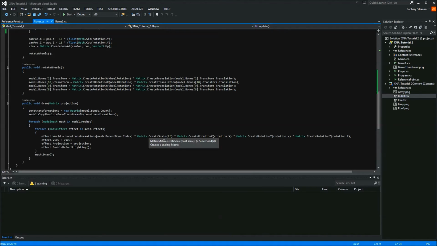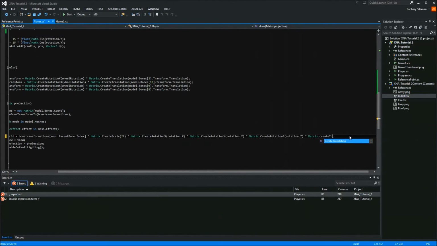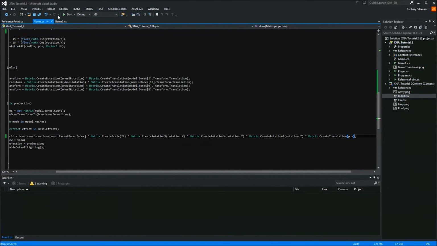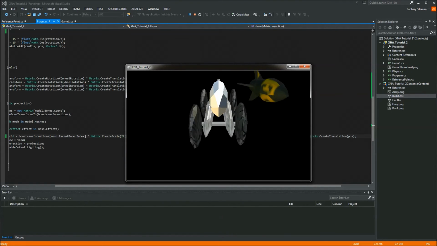And I don't think we did create translation. Yeah, we did not do create translation. So we're going to do matrix.create translation of our player position, which is pose. So here we are. Now we can move forward, backward,